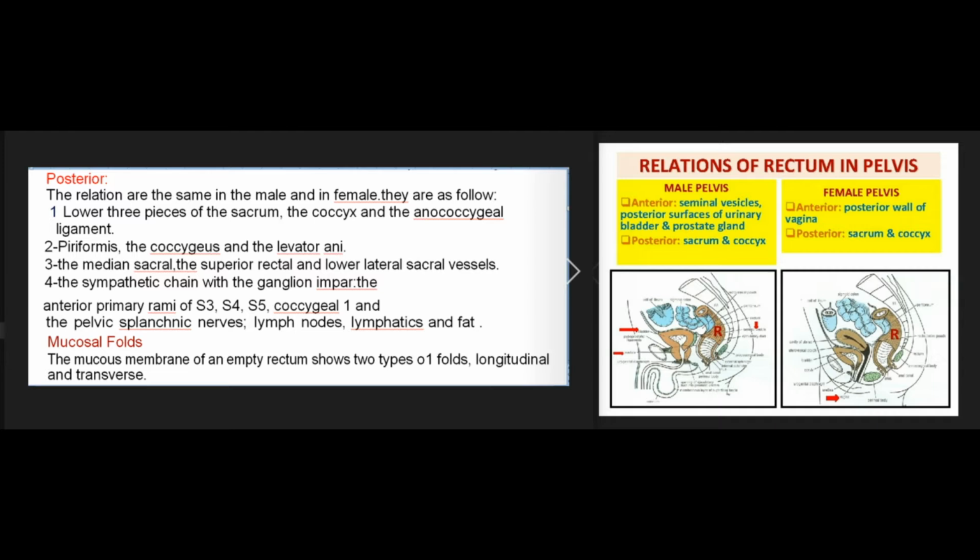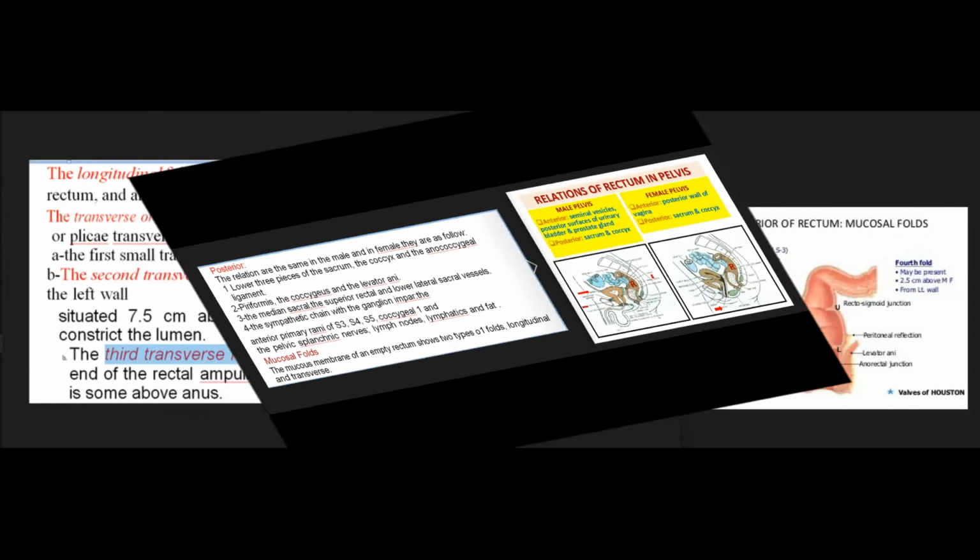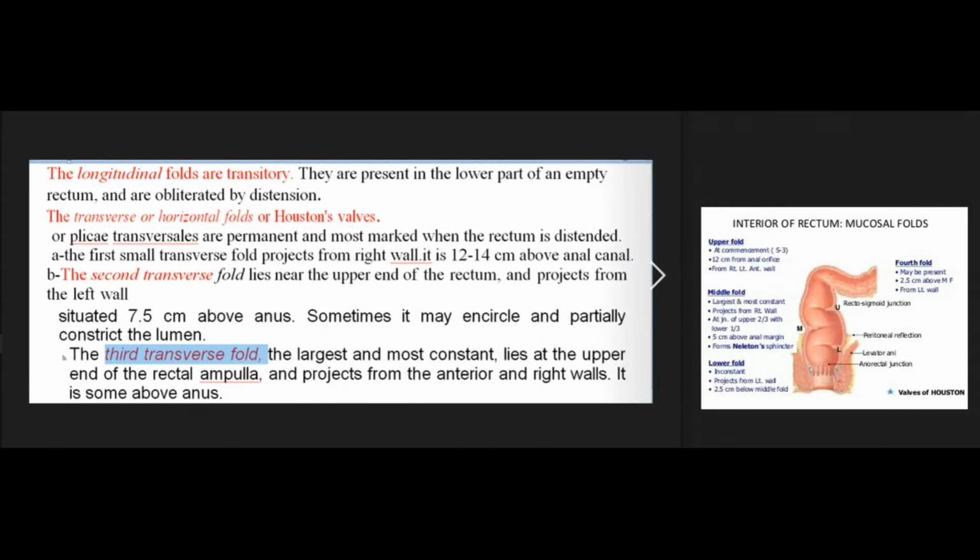Mucosal folds. The mucous membrane of an empty rectum shows two types of folds: longitudinal and transverse. The longitudinal folds are transitory. They are present in the lower part of an empty rectum, and are obliterated by distension. The transverse or horizontal folds, or Houston's valves, or plicae transversales, are permanent and most marked when the rectum is